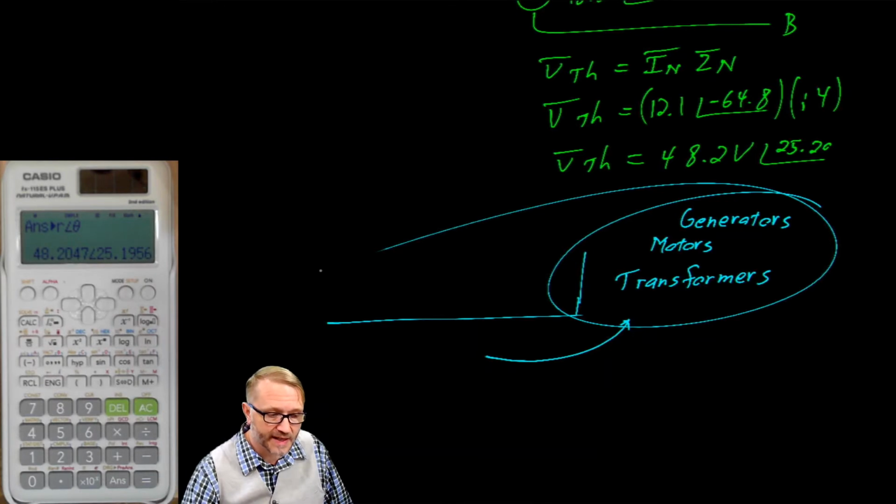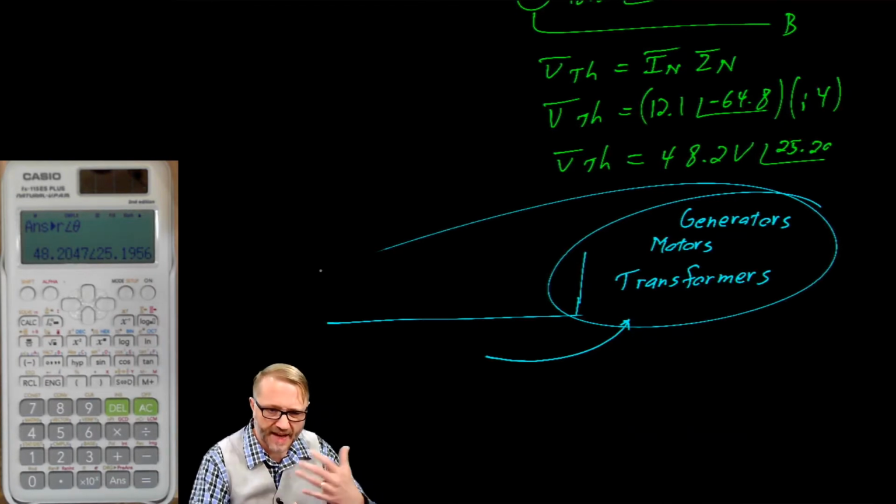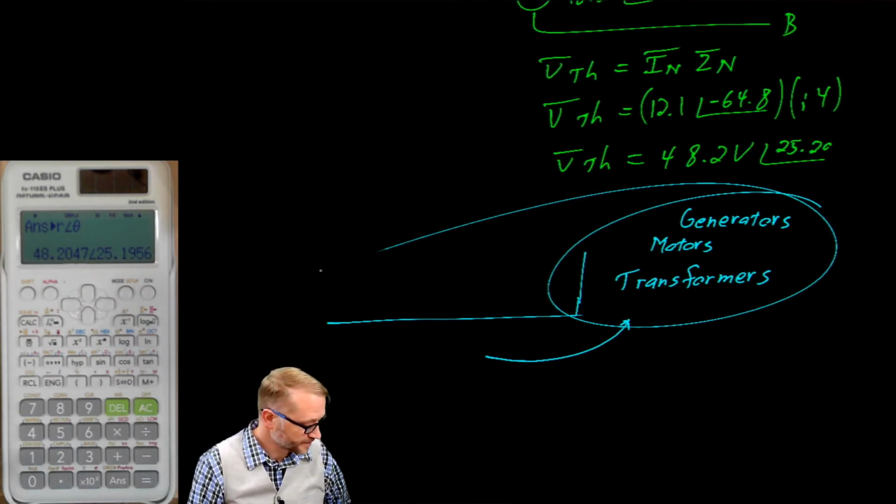This is the part of the class where we take all of that theory that we've been working on, all of that abstract stuff, and we start to point to very specific things and say, that's how a transformer works. When you walk outside and you see a transformer on a power line, you can say, I know what that is, and I know how it works. And that, I think, is a wonderful feeling. Speaking of transformers,